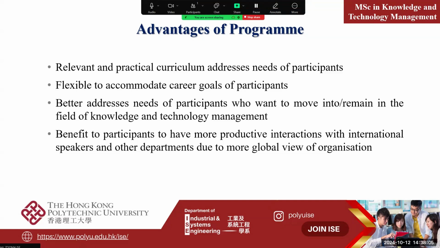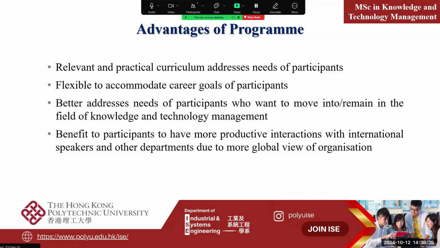The English requirement is the same as for other programs: IELTS 6.5 and TOEFL 80. But the most important thing is that a lot of students can study well because they have a passion for managing technology and managing knowledge. They know how to work with others to make success happen, and how to shape the future of an enterprise. If you are interested in that, certainly you may apply.